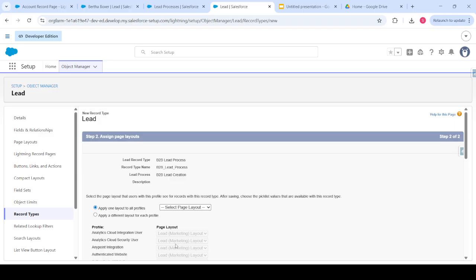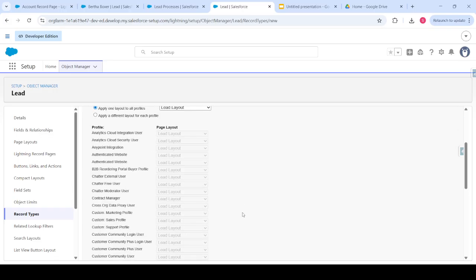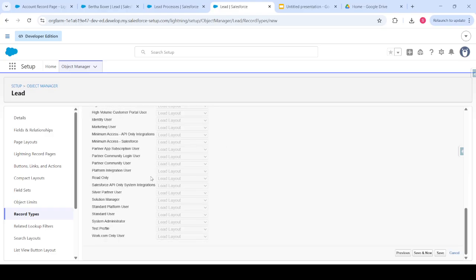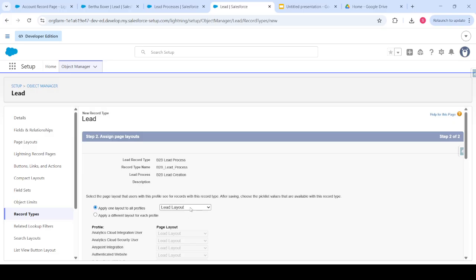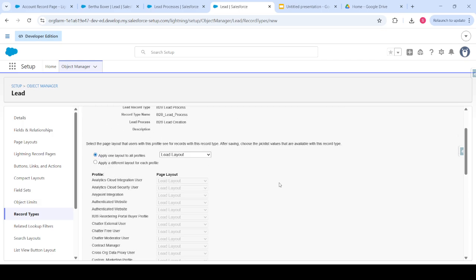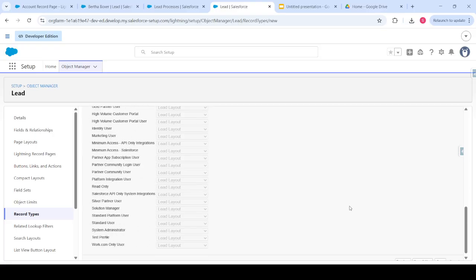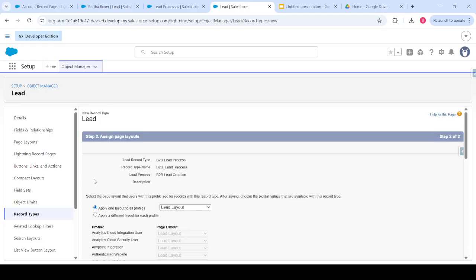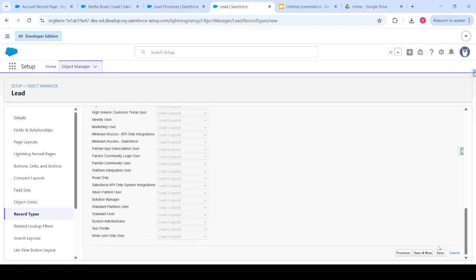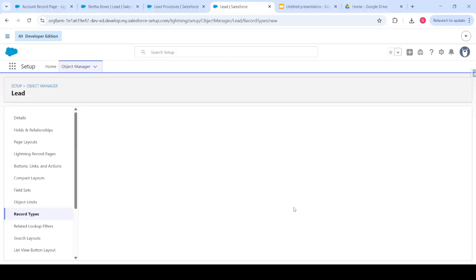And here I will select lead layout for all the profile. If you have created a new page layout, then you can select a page layout based on the fields which you created here, so that this record type will show that page layout fields. But I am just selecting the default layout which system already created for me. And if you have created new page layout, you can assign that new page layout with this record type. You can do the assignment later as well, so no need to be worried about it. Let me click on save as new,